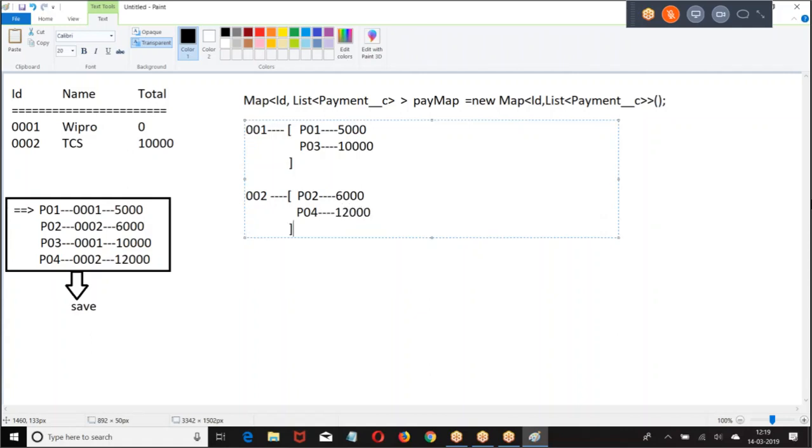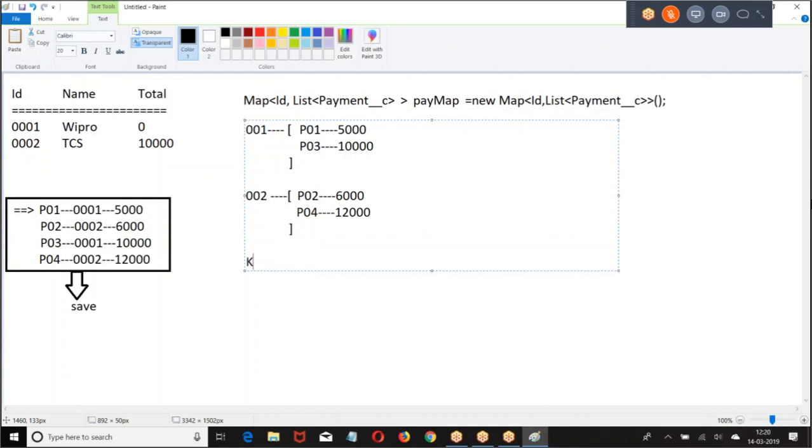This is the logic we have written. We explained this logic, right? If the ID is already there, then get the values, add the new value to the list and put it back to the map. So finally, the mapping is done. That is the first logic I explained, got it.